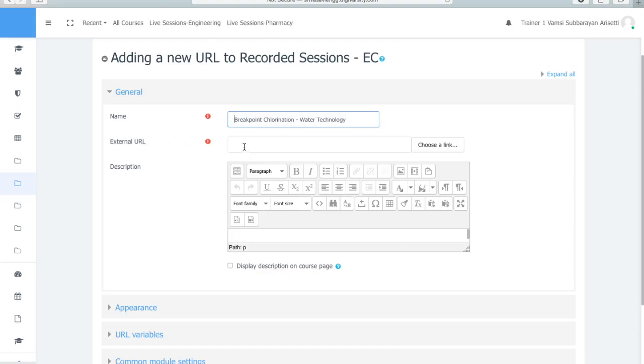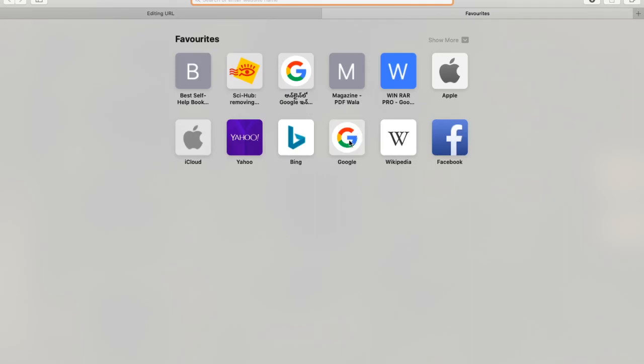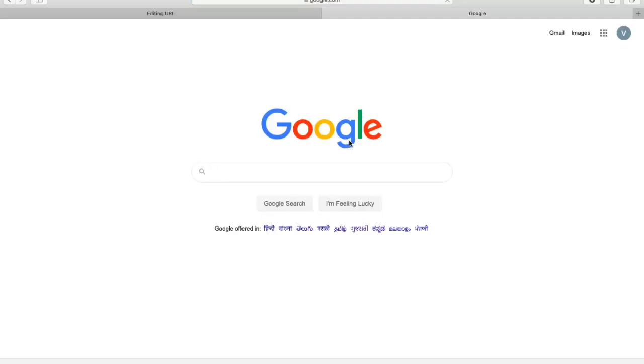Here we have to post our URL that we received into the trainer Gmail ID. That means first we need to retrieve the link that was sent to our Gmail ID. For this, I will open my Gmail account.